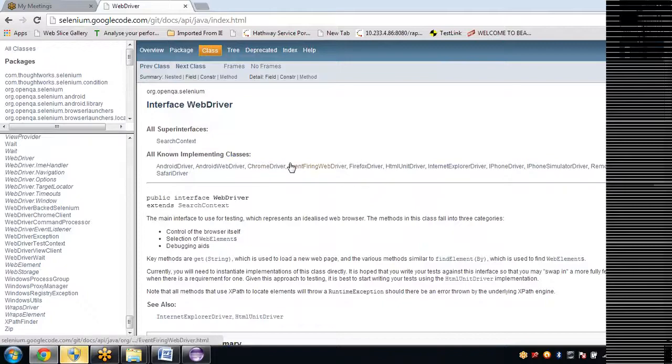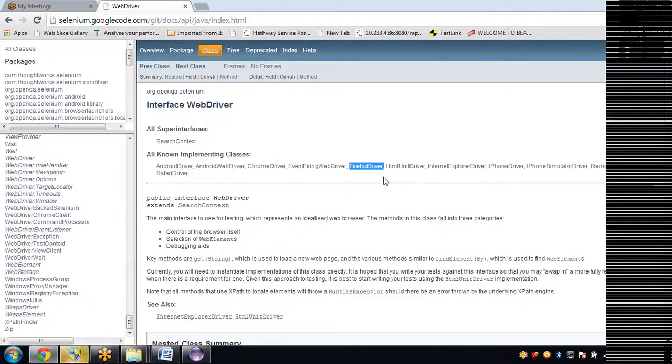So why are we going with separate classes for separate browsers? Do you remember in yesterday's class for architecture what I said? If you are talking with Firefox browser, you need to talk with Firefox native language, right? WebDriver talks with Firefox native language. That native language talking capability is present in this driver.